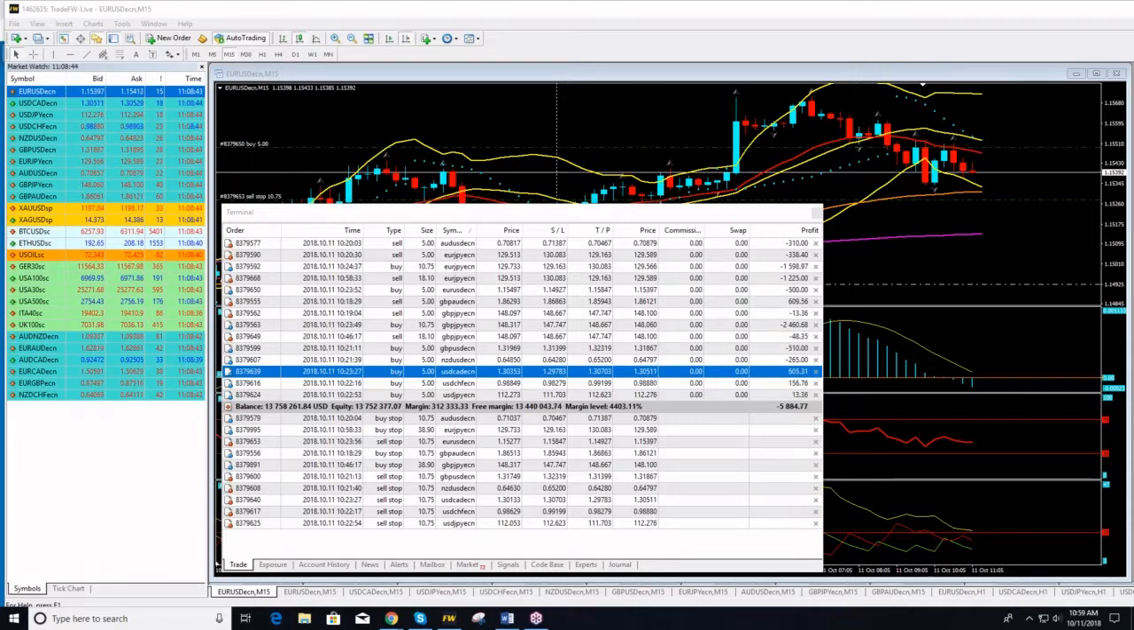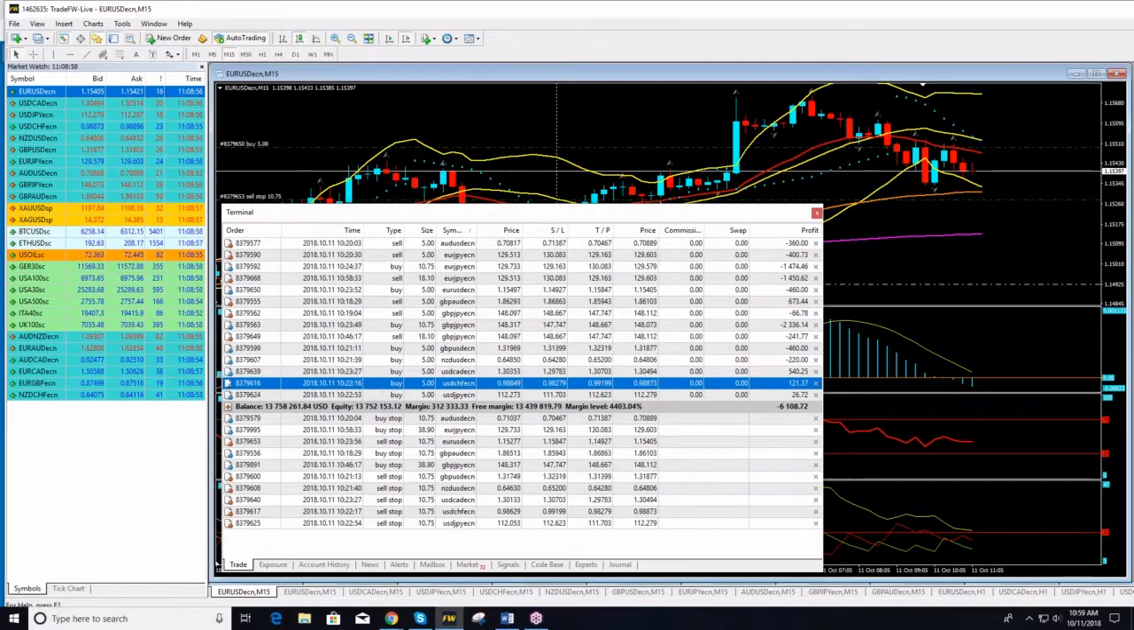Entry price was 1.3353. Stop loss 1.29783. And TP 1.3703. Next one, I have also entered long positions on USD CHF at 0.98849. Stop loss 0.98279. And TP at